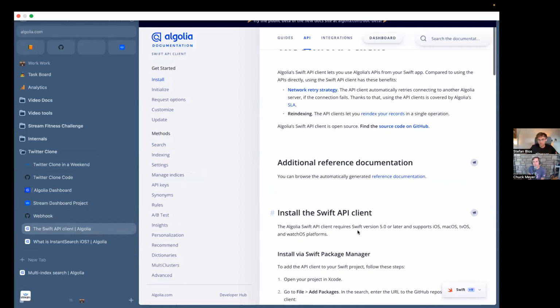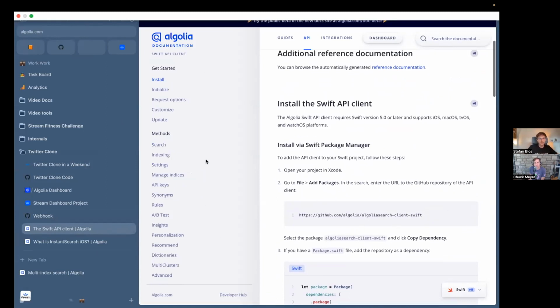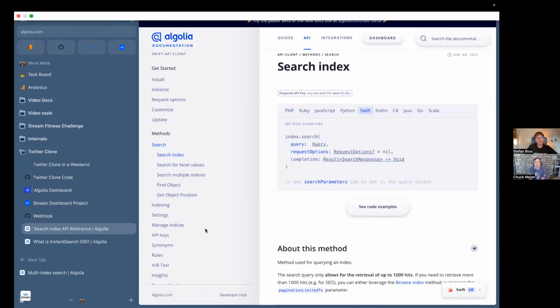So we can install this, and I've already installed the Algolia client here. And of course, the other thing that we want to do is search, right? So we also want to have the dependency for the instant search